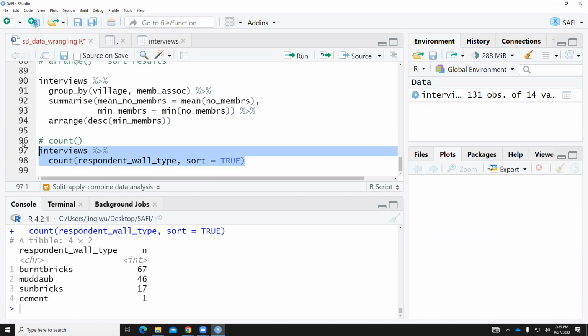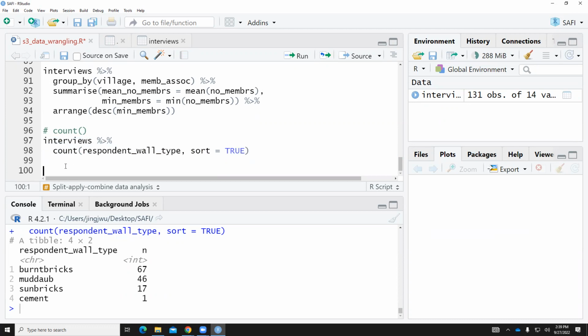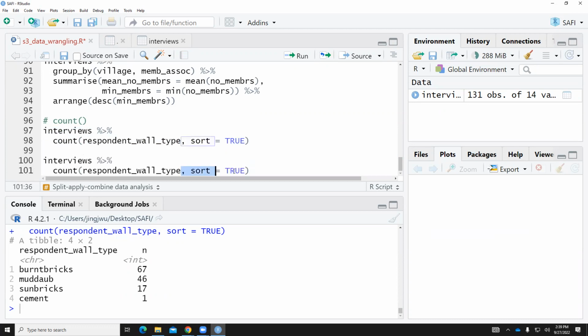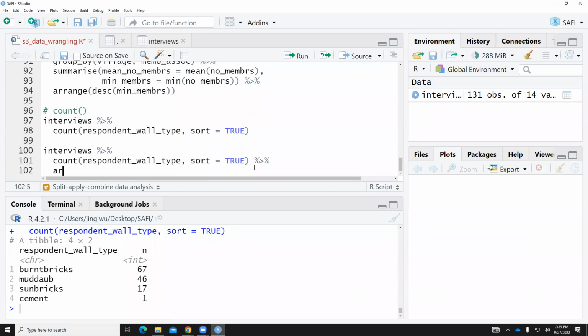If we want to sort ascending, and just send it to